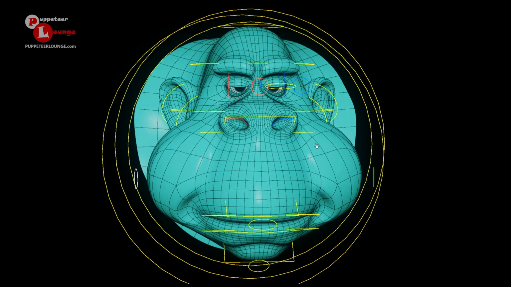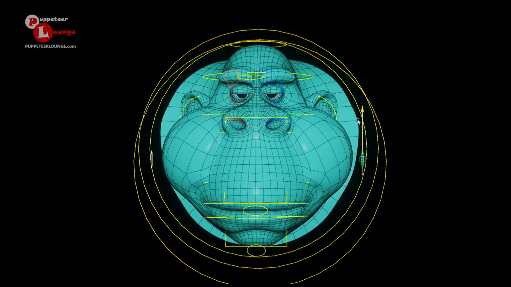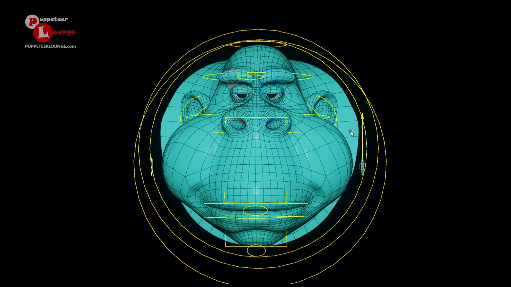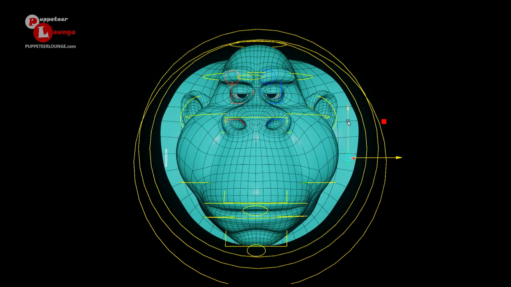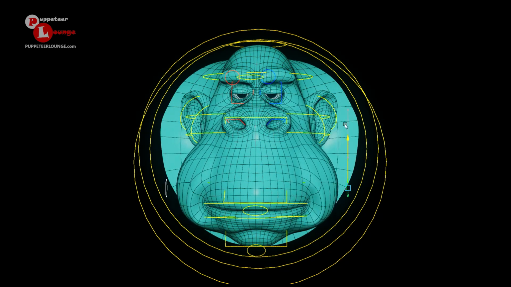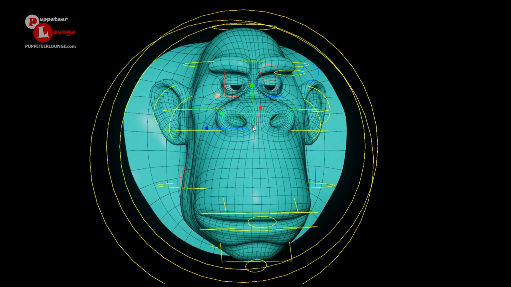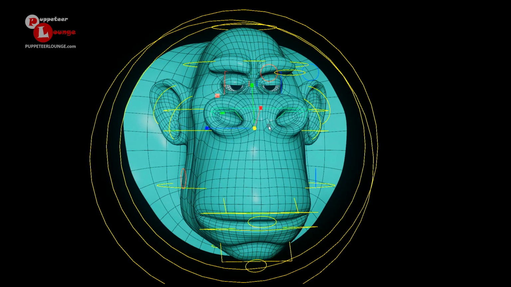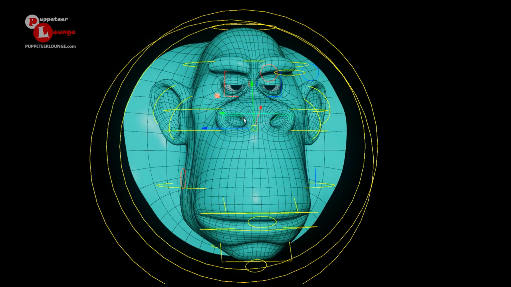We have the cheek puff. If I go ahead and turn it on, if I move it up and down, you can see how the cheek puff is sliding along. Then we have the nose controller. The character has a fairly exaggerated, stylized nose, so you can go ahead and scale it, rotate, translate in all directions.